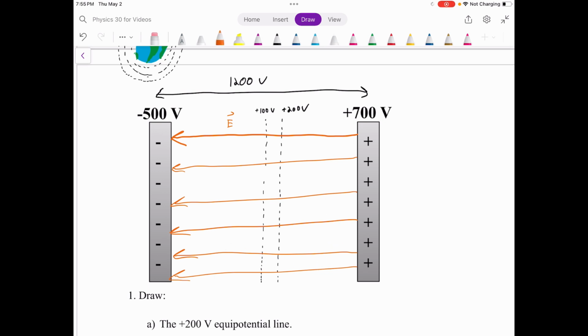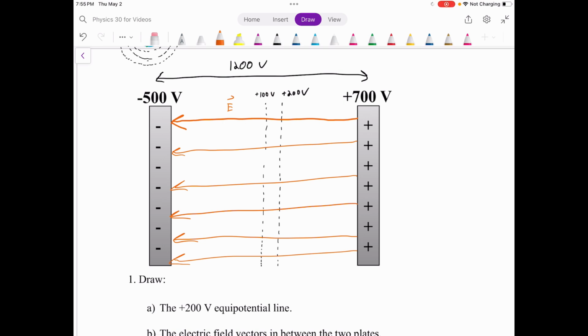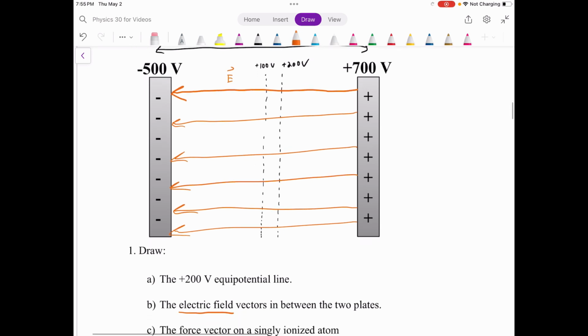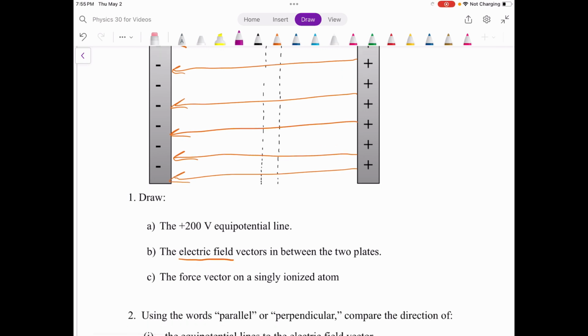Now again, that field's there no matter what, whether or not there's something in there feeling a force. Just by the nature of this having charge and this having charge, there is an electric field here that could exert a force on a charged particle if it were to enter this field. Which brings us to C, which asks us to draw the force vector on a singly